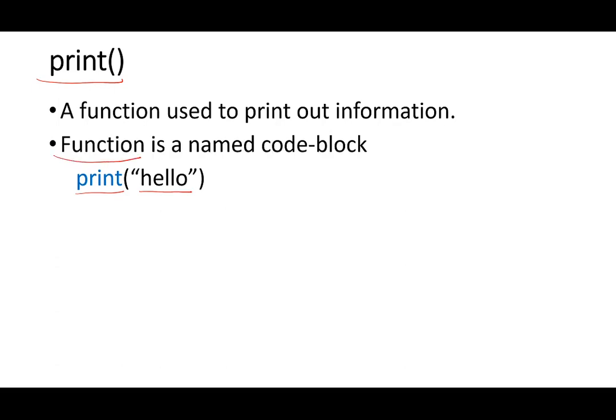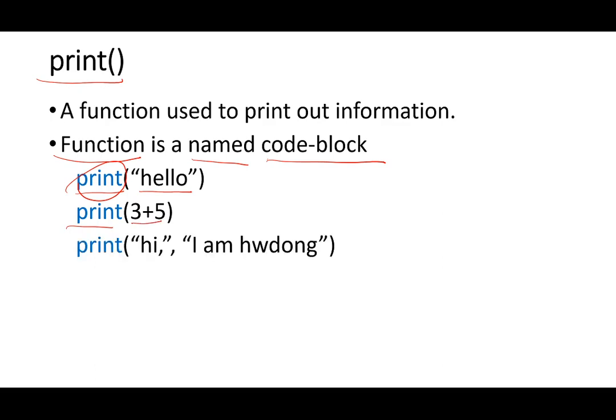A function is a named code block. A function contains a block of code. This code has a name. The name is called a function name. For example, print is a function name. We can use print to print 3 plus 5. We can use print to print multiple items, separated with